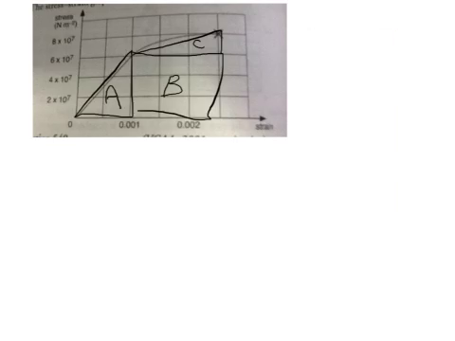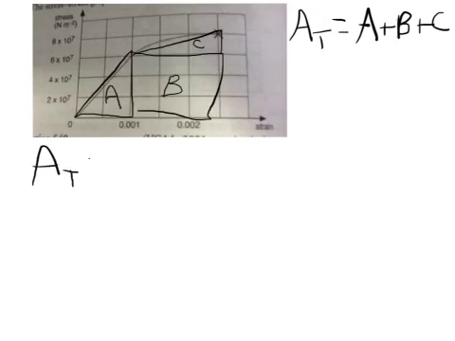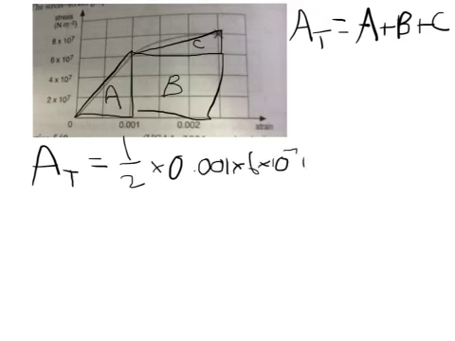The total area, AT, is going to be equal to the area A plus the area B plus the area C. The area of a triangle is equal to half times its base times its height. The area of our square is equal to length times the width. So the total area is going to be half times the base of area A, half times 0.001 times the height, which is 6 times 10 to the 7, plus the area B, which is the width, which is 0.0015,